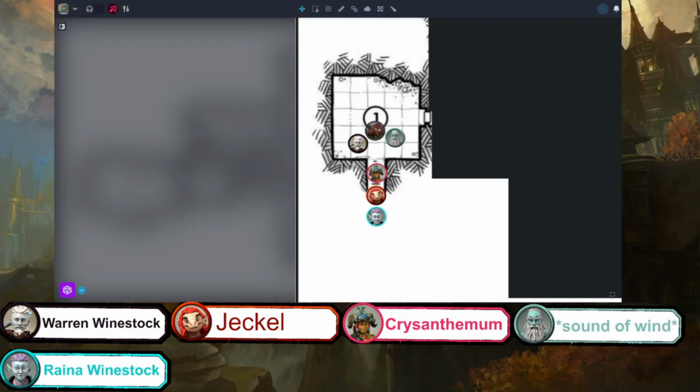The piece of its face that was falling off has now officially fallen away, revealing its skull, kind of viscera, gleaming in the very dim light of the torch that you threw down when you pulled up your quarterstaff. And this piece of face hits the floor right beside your face, Sound of Wind, with a sickening slap. You pushed into here. All right, so that brings us to the owlbear.